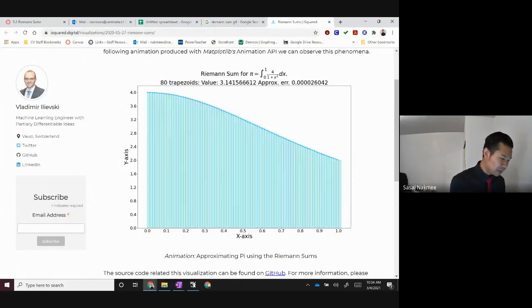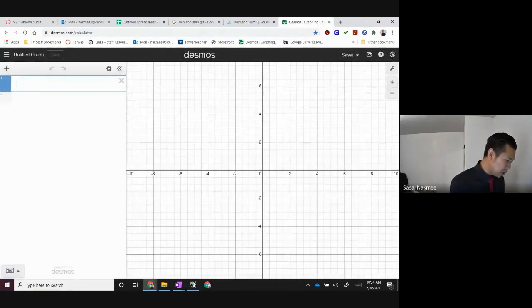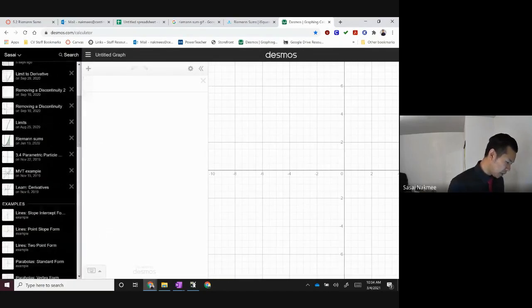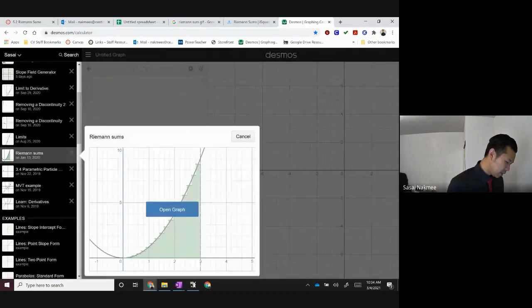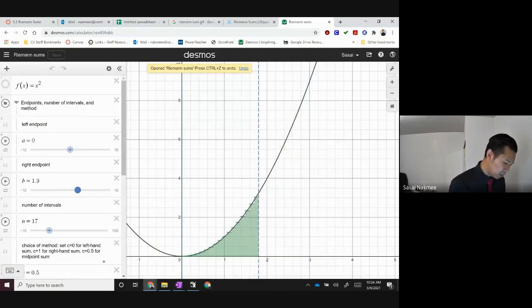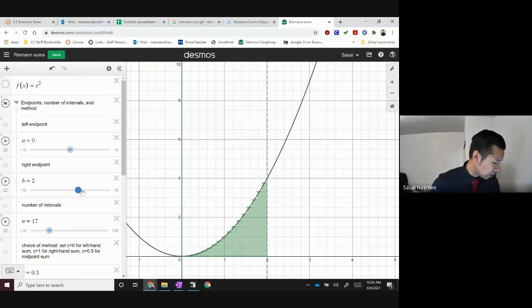So let's go into Desmos here. For x squared, going from 0 to 2, when we started off with only 6 rectangles, what we're essentially doing is making it more and more.